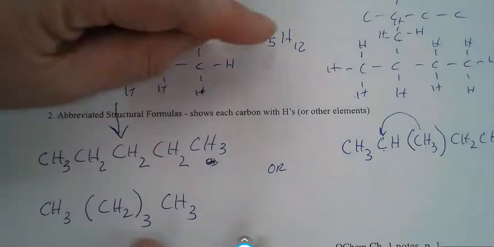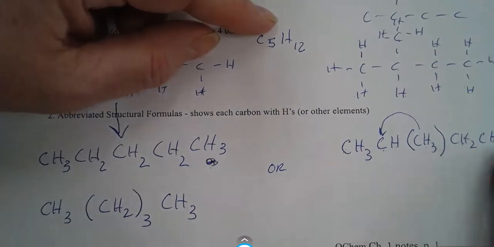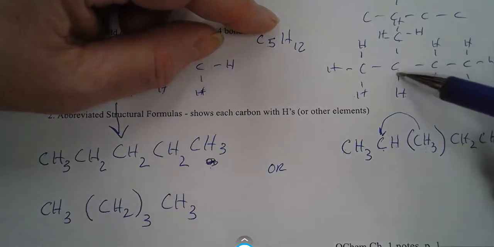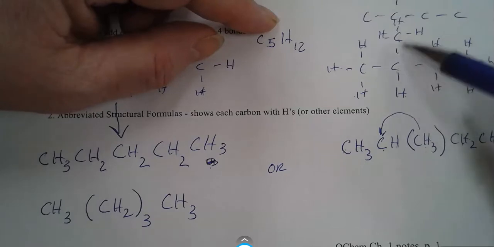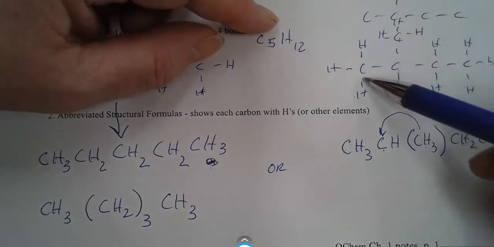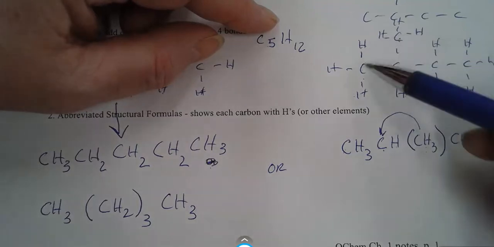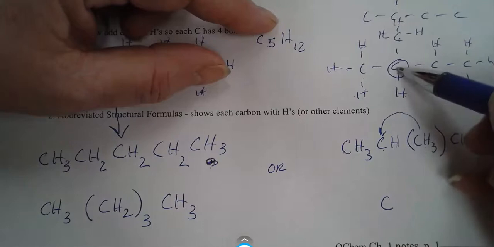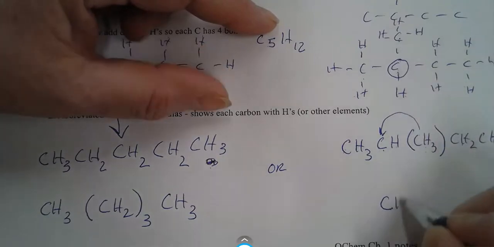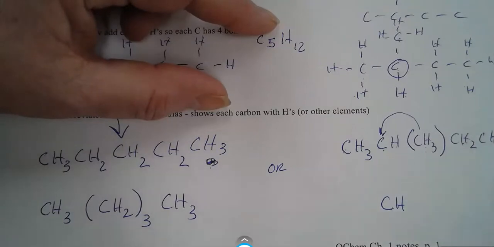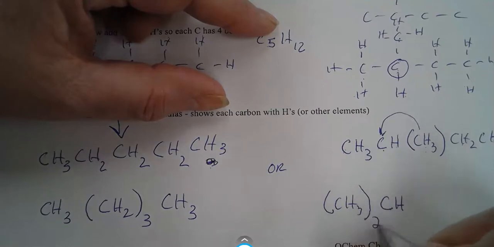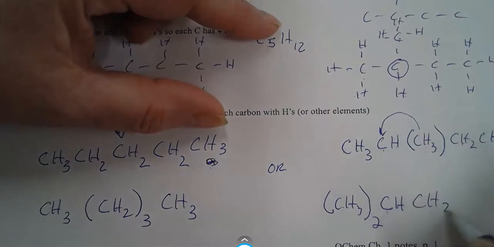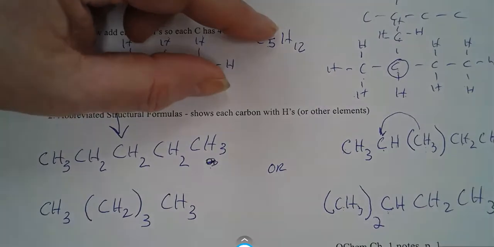But what about this? Is there a quick and easy way to do this one? Is anything the same? Well, yes. Do you see this carbon here? What's on this carbon? There's a CH3 here, and there's a CH3 here. I have identical CH3s on this carbon. So I'm going to make this carbon here. Here's my CH, okay? There's that hydrogen. But I'm actually going to precede it with CH3, 2. That means that both of these are on that carbon. And then I have CH2 and CH3. Okay, so that's still an abbreviated